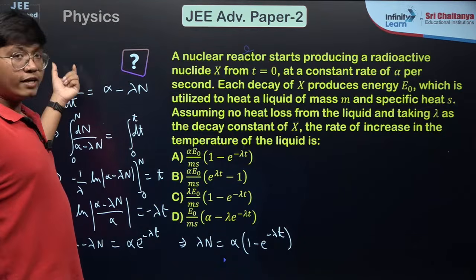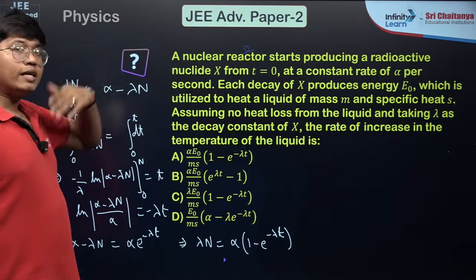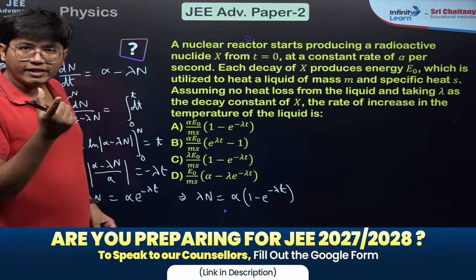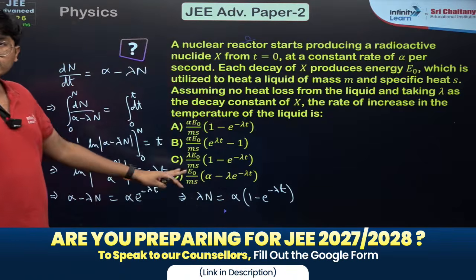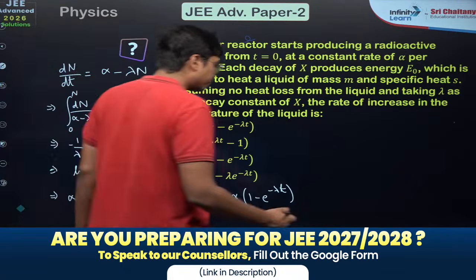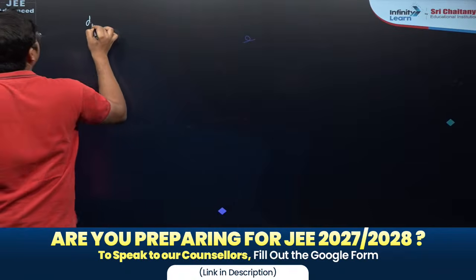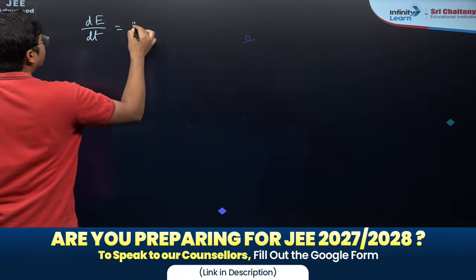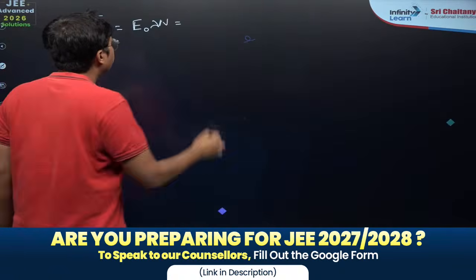Many students think the rate of decay is dn dt, so they should write alpha minus lambda n. No, alpha is the one that's getting produced, that's not releasing energy. Release of energy comes just because of the decay of X, the rate at which the X is breaking down, and that is lambda n. And this is already per unit time, the number decaying per unit time. So we can get dE dt basically by multiplying this with energy. This is just E naught lambda n, which is E naught alpha